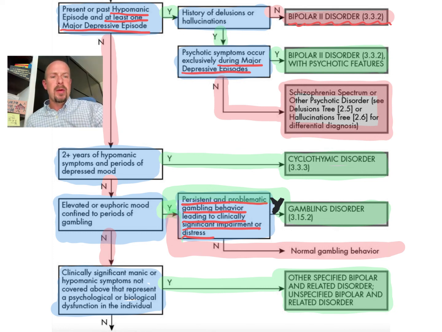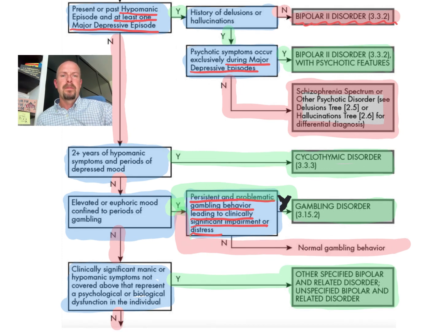And then we follow the chart down. If that's a no, then we continue on to the final portion, which at this point, the DSM considers what we would just normally call normal elevated mood. So maybe you just got engaged, maybe you just won the lottery, the birth of a first child, something to that effect. You had an amazing birthday party surprise. You had elevated mood. You met your famous Hollywood star, whatever the case may be.